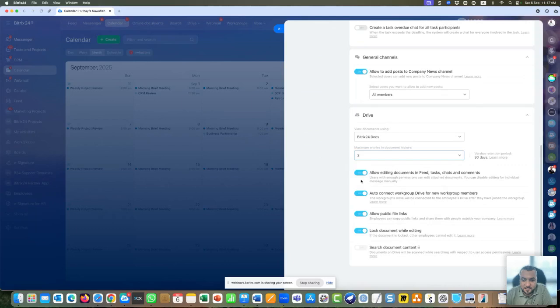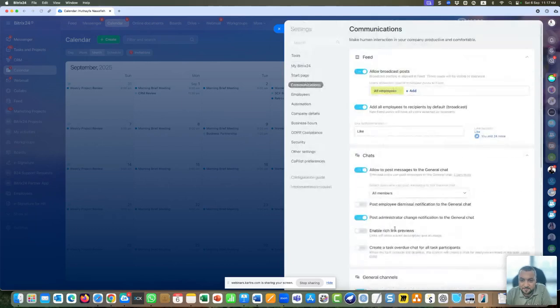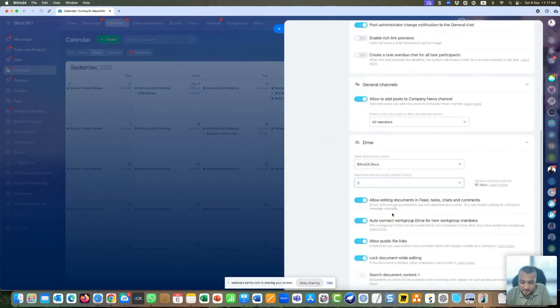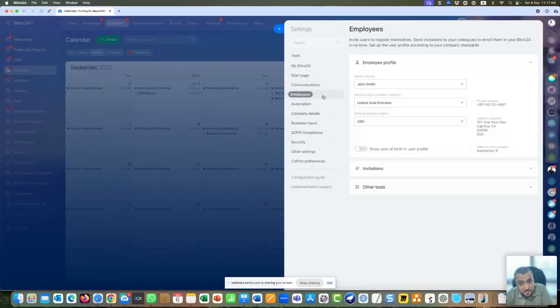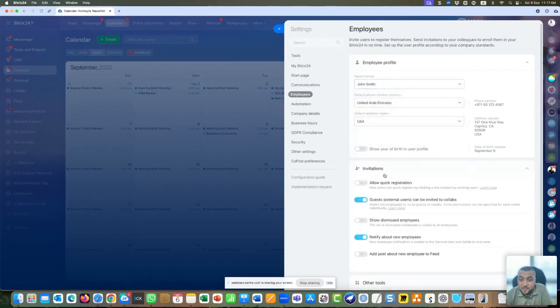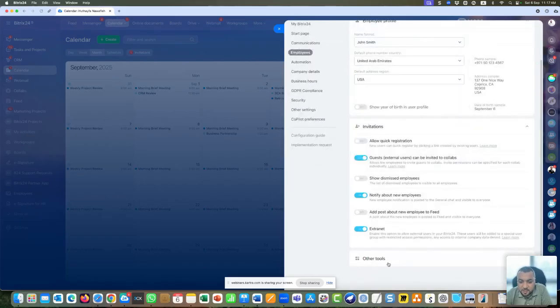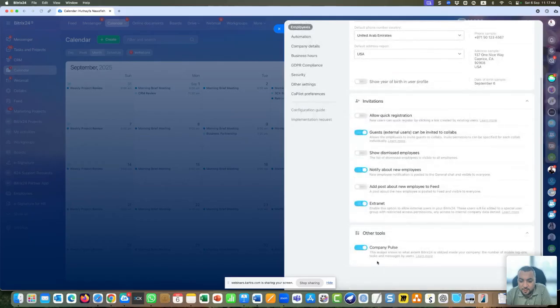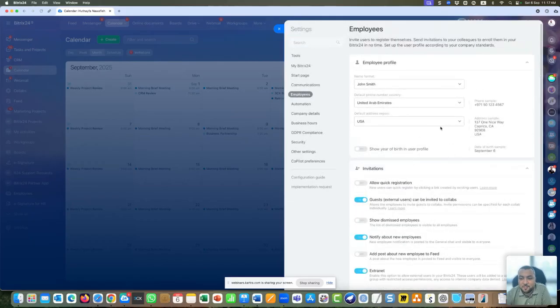Again, these are some other customizations in the chat. You can, on the drive, the Bitrix drive, apply. Employees, how they look like. Okay, default address region, then default phone country, name, first, second, and so on. Invitations, who can invite who, and so on. Other tools. The widgets, some more, let's say, further customization into the look and feel of the employee details and